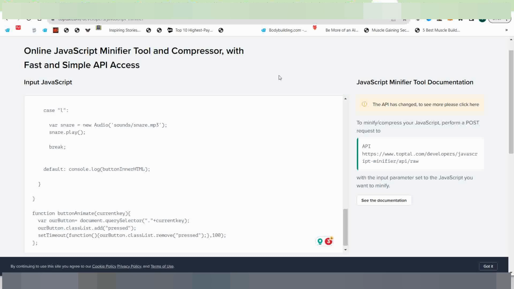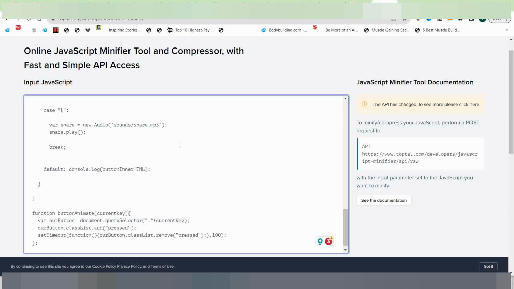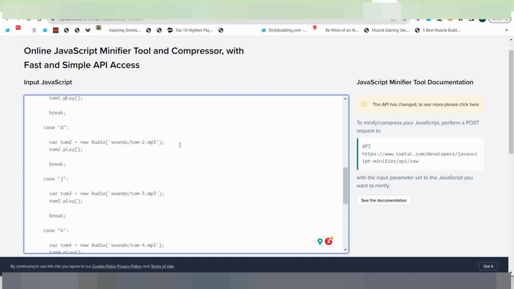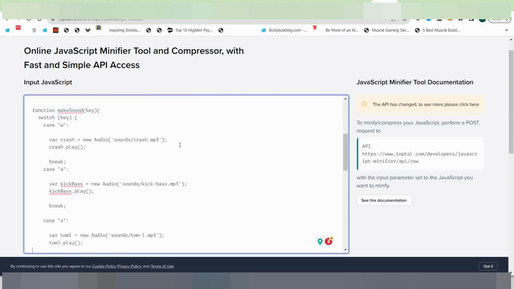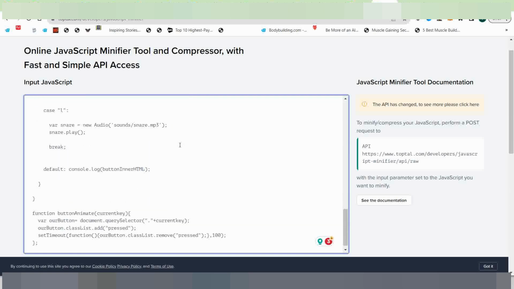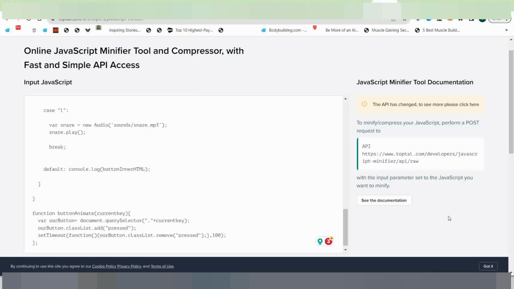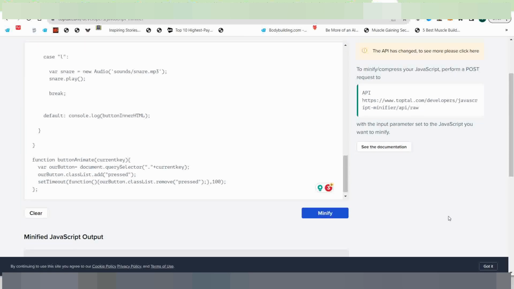And what I have done here, I have copied and pasted my index.js from the drumkit code. And now this is what I'm going to show you now. This is all the version we have written over there. There are spaces, there are gaps, and if now I just go to minify this, you can see here,